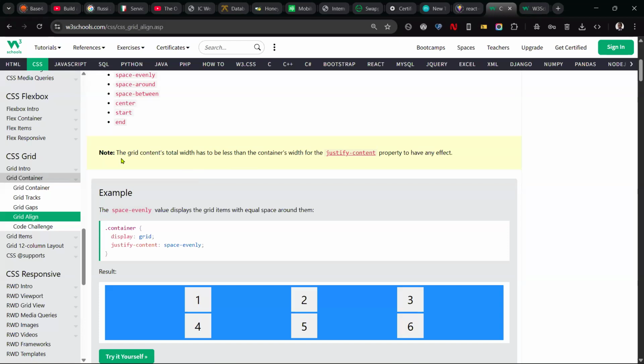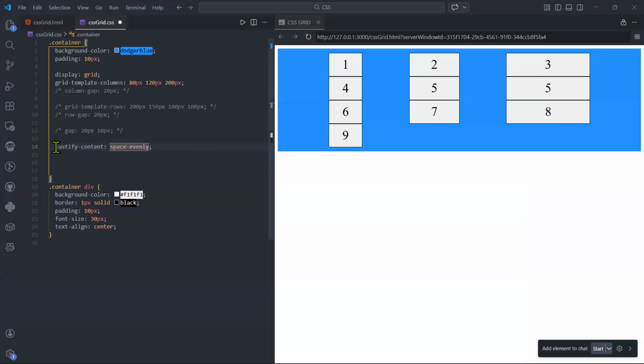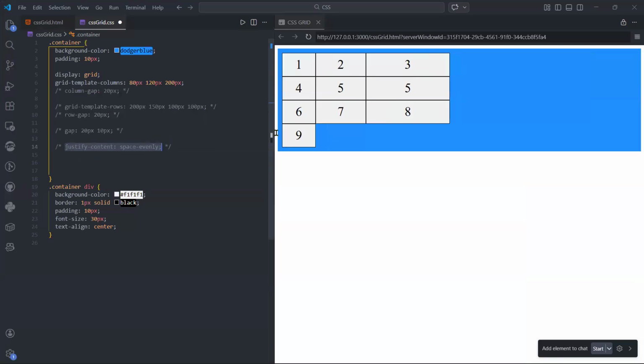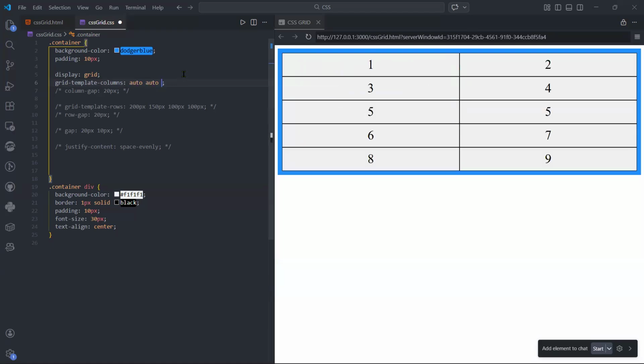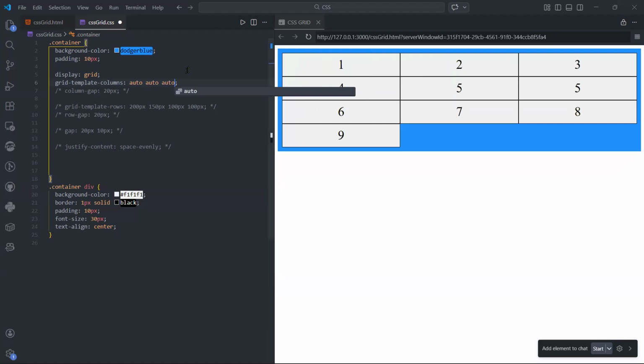And then you have: the grid content total width has to be less than the container's width for the justify-content property to have any effect. So the grid content total width. For instance, let me clear this, if I have something like this, and as I was telling you, if I didn't set each box to have a smaller size so that there is a space for them to move, if I set all of them to auto, auto, auto like this, all of them have three columns with the same